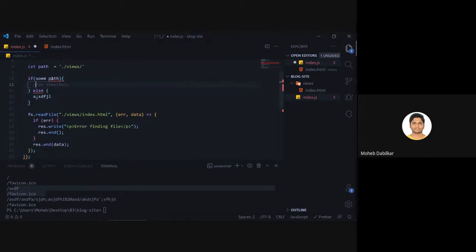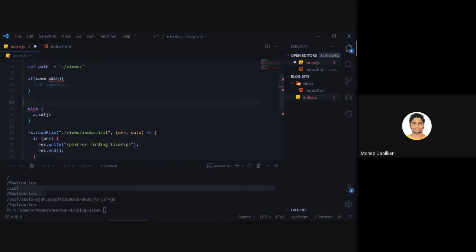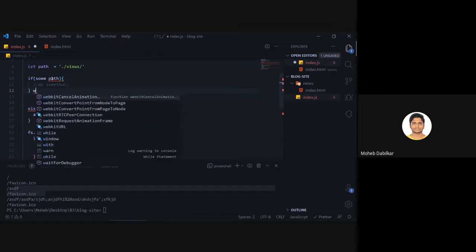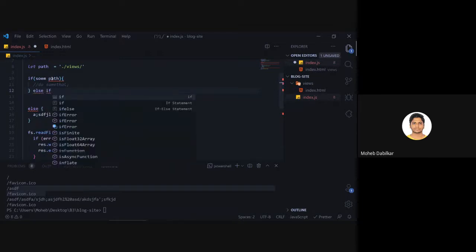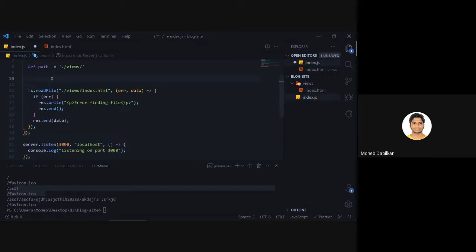And if you want to add a lot of logic over here, then you will have to add else if, I guess, like this. I forgot how to do that, but whatever. We can use the switch statement obviously.